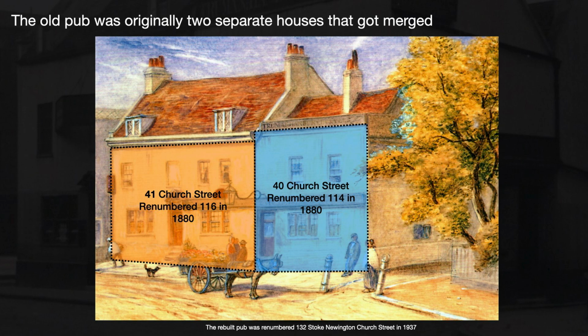Originally the number was 40 and 41. They were renumbered 114, 116. And in 1937 the pub was renamed and renumbered 132. And the reason why in a very small village, in a very small parish like Stoke Newington, a pub was actually a house, or it started as a house, and we're going to see that there's a reason why pubs